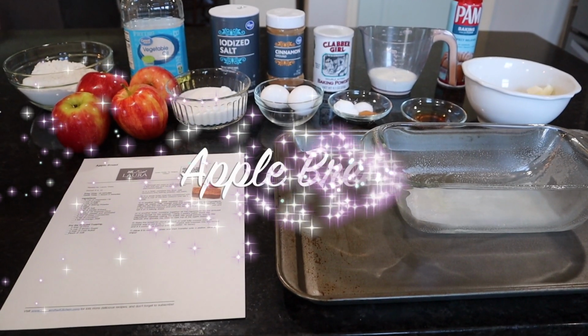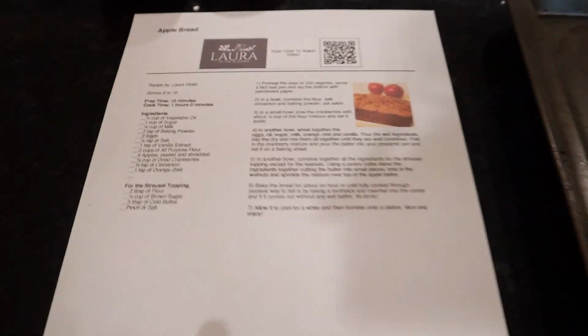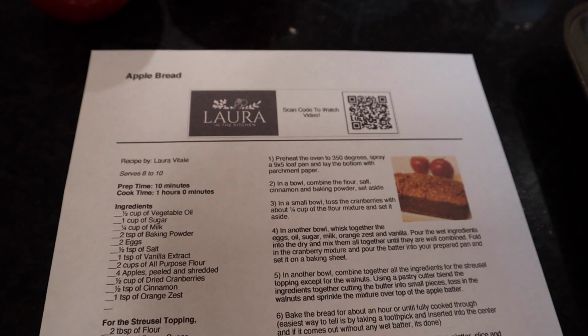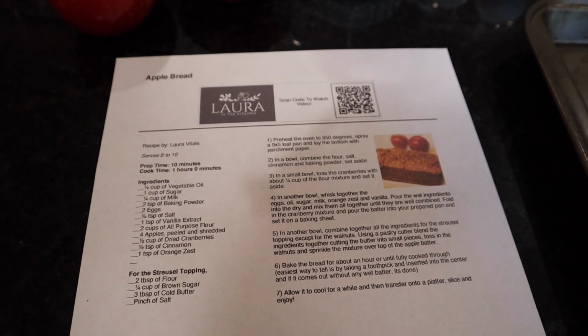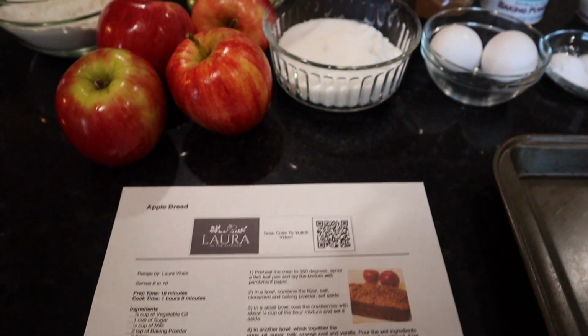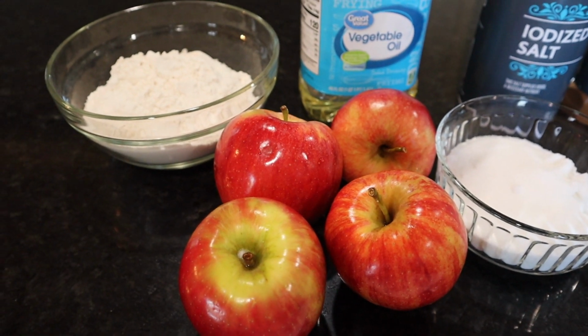It's time to get started with our apple bread. Now this recipe only makes one loaf, and it is a Laura Vitale recipe, so I've got this printed off and sitting right here next to me. There are a couple of things on here that I'm going to omit, but let me go over the ingredients with you. We have some all-purpose flour, 4 apples, and in just a second I'm going to peel